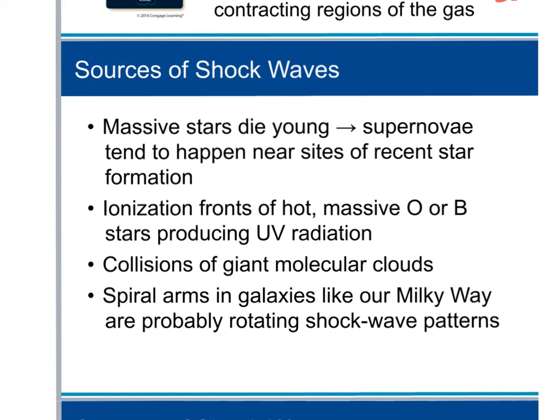Nothing is basically in a steady state in astronomy or in the atmosphere, and that's pretty obvious. Here we have these giant clouds moving, and they collide into each other, and that sends a big shock wave rippling through the universe. That shock wave can then run into another gaseous mass and cause it to contract. The spiral arms in galaxies like our Milky Way, astronomers aren't certain, but they're probably rotating shockwave patterns